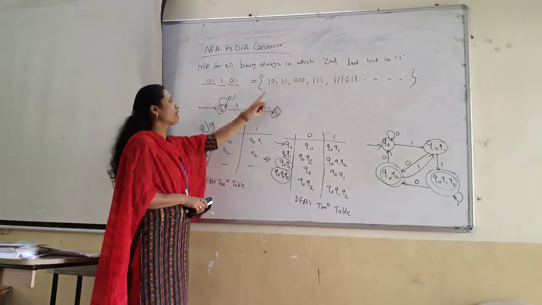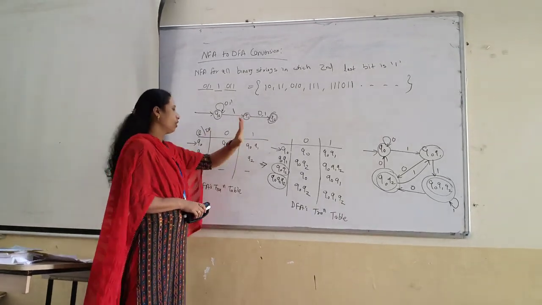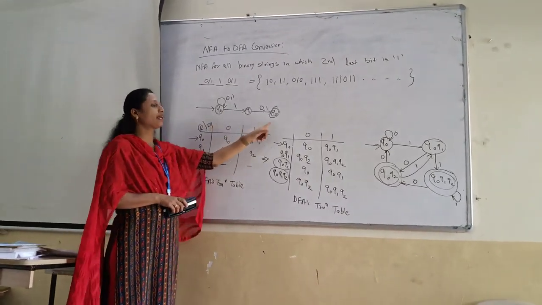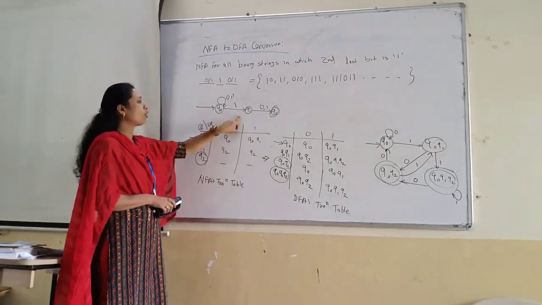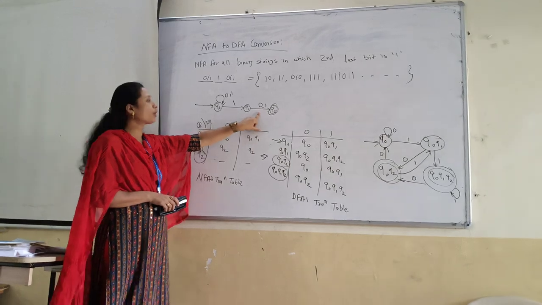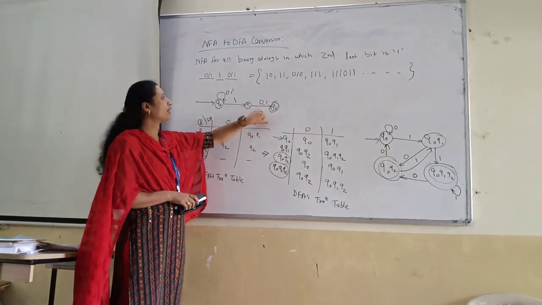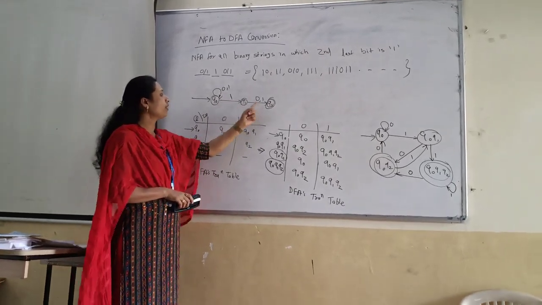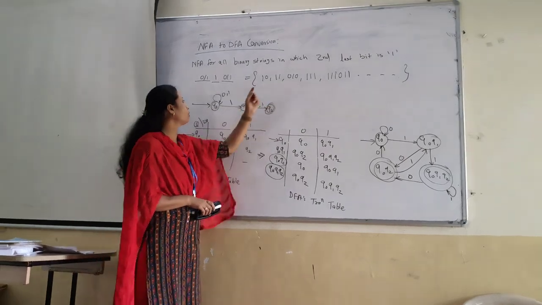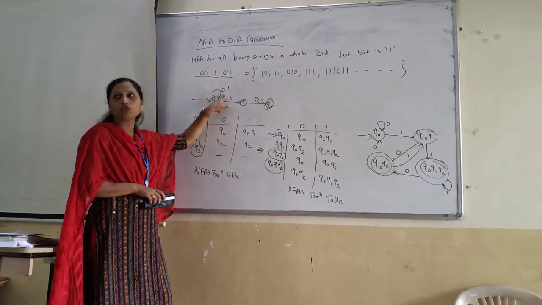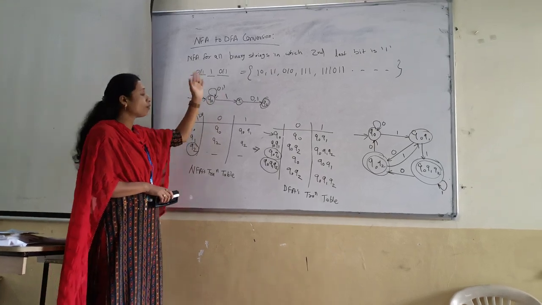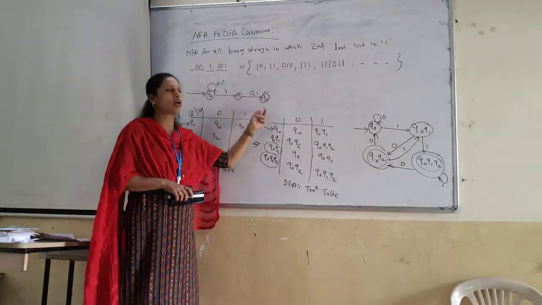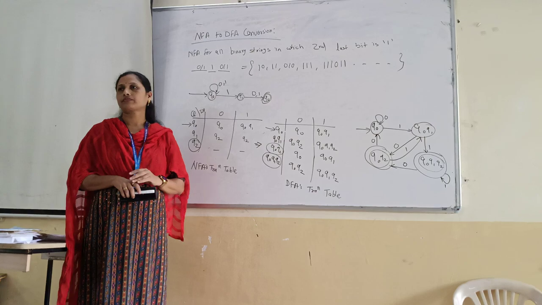Here it is 10. First try to draw for 10 or 11. So for 10, while drawing the diagram, Q0 is there, Q1 is there, Q2 is there. For the 1, either you can have 0 or 1. Now look at the diagram and tell me, is it possible to have 10? 10, 11. If you want 010, here is a self loop. We can draw a self loop for 0 as well as 1. You can have any number of zeros and ones, or you can skip it and have 10 or 11 at the final stage.